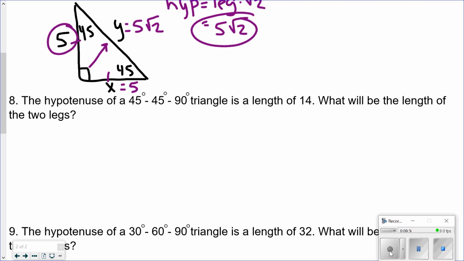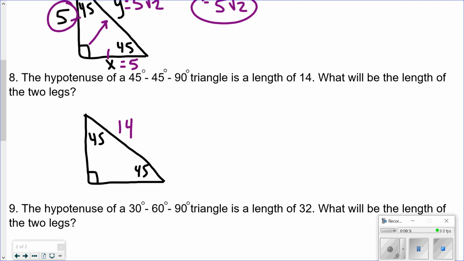The hypotenuse of a 45, 45, 90 triangle is the length of 14. What will be the length of the two legs? Here's a picture of my right triangle. We know that 14 is the hypotenuse, so I need to figure out what the legs are. Once again, the hypotenuse is equal to the leg times radical 2. The hypotenuse is 14, so that's equal to the leg